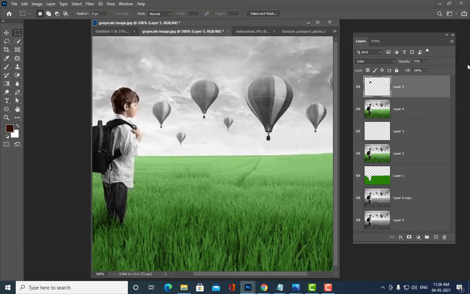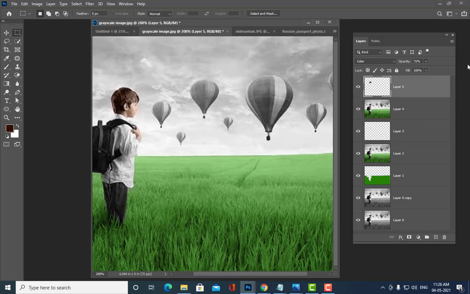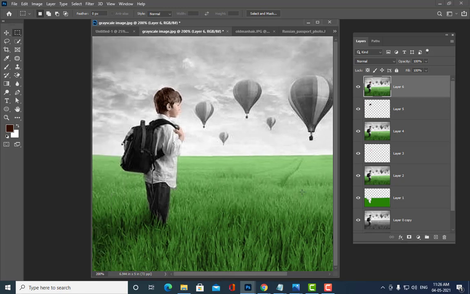Okay, so we have now colorized the skin and hair, and then we'll just colorize the pants. Control Alt Shift and E, one more duplicate, then to colorize the pants.